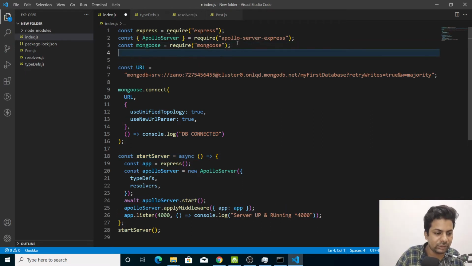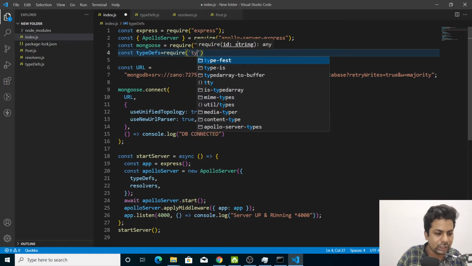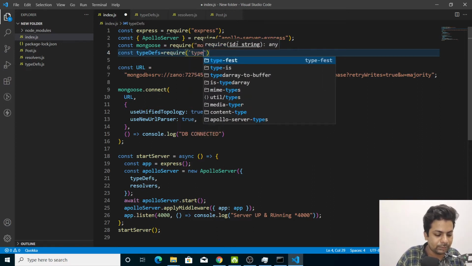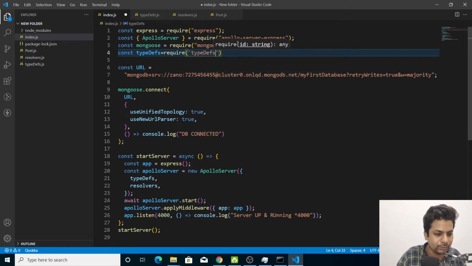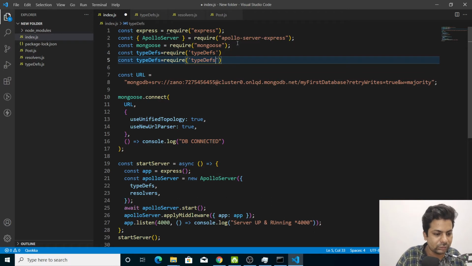So here we'll say const typeDefs equals require typeDefs. Now the same for the resolvers.